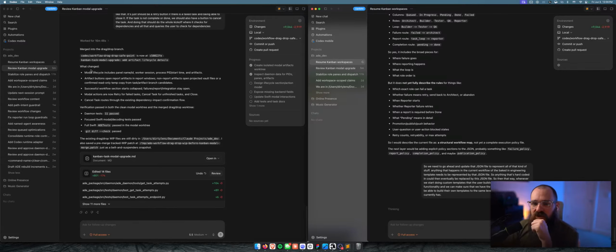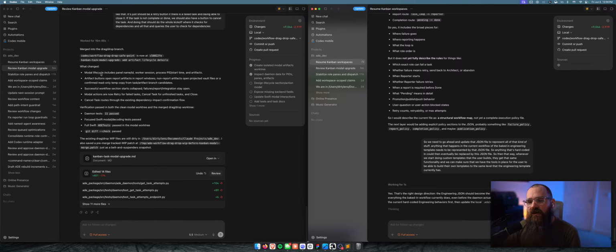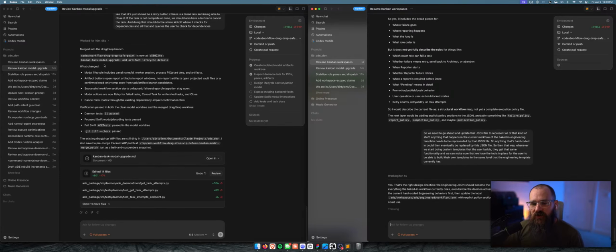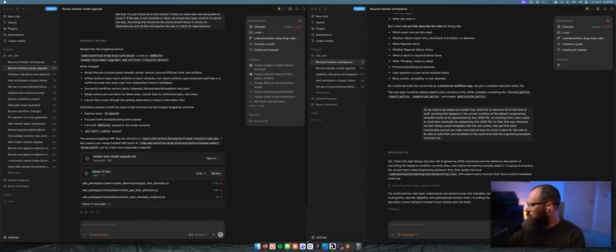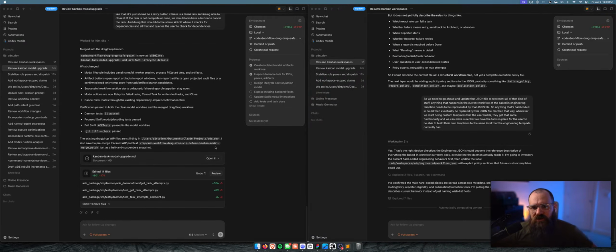What changed? Modal lifecycle includes panel name, ID, worker session, process, start time, and artifacts. Artifact buttons open report artifacts. Non-report open. Okay, so modal actions now retry for failed tasks, cancel tasks for unfinished tasks, and close. Cancel task routes through the existing dependency impact confirmation flow. Okay, so we'll wait for this dude to finish, and then we'll merge this back in, and then that can be something that we